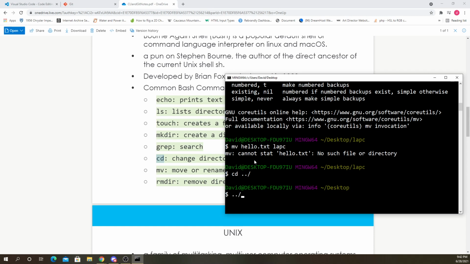By the way, dot dot forward slash is how you go back in the directory. So you want to get out of a folder, same way you would do it in VS Code.